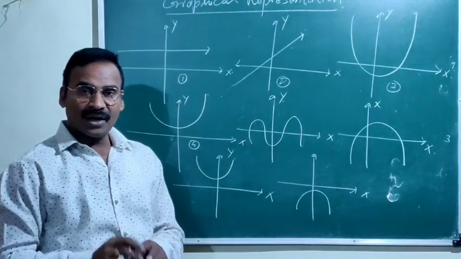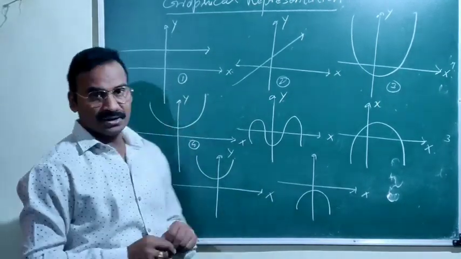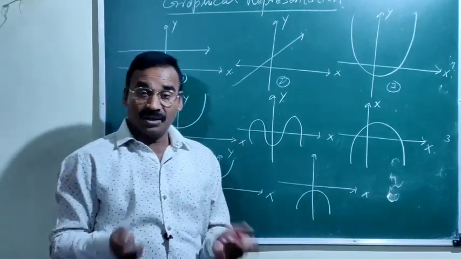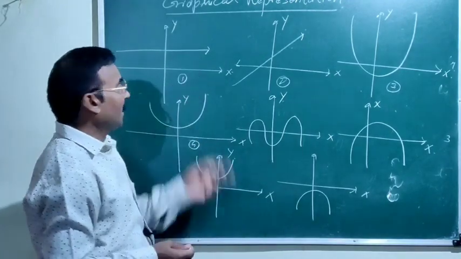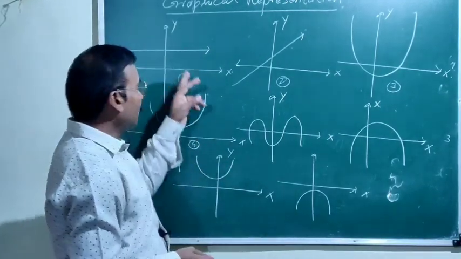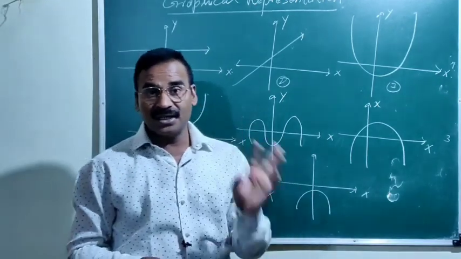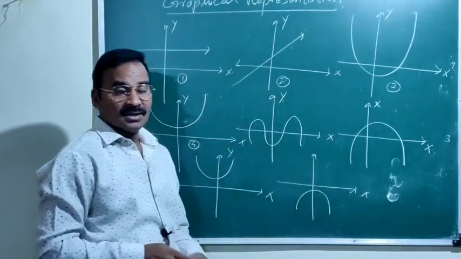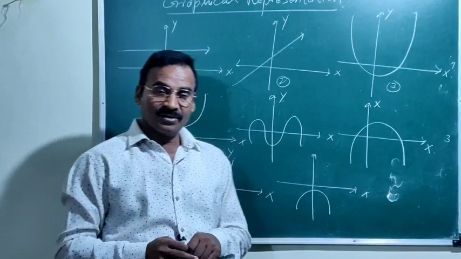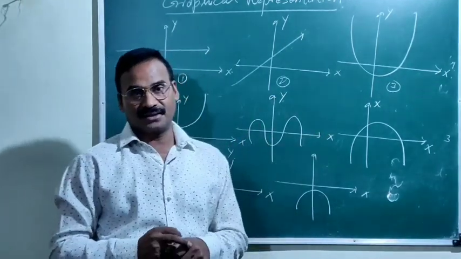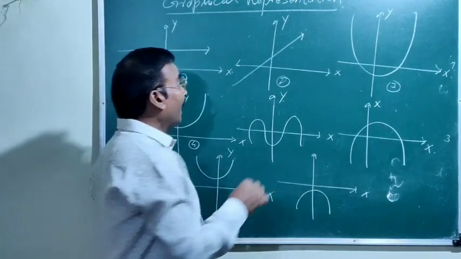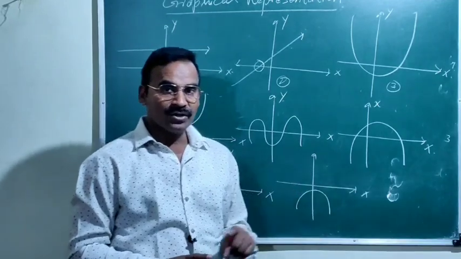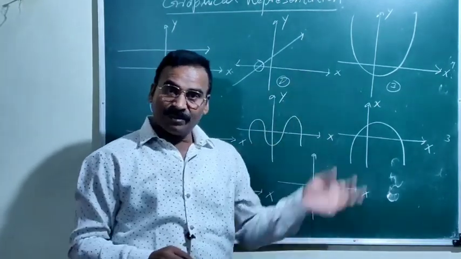So I would like to ask a question: at which point does the line intersect the x-axis? So there is no point. This line does not intersect the x-axis. So there are no zeros of this polynomial. Okay. Now second line. Second line is not parallel to x-axis, while it is intersecting the x-axis at only one point. So there is only one zero, and I think which type the polynomial is considered?